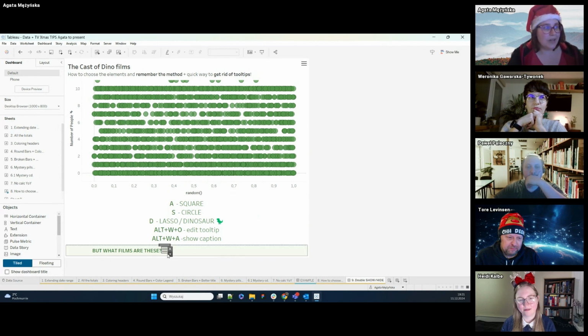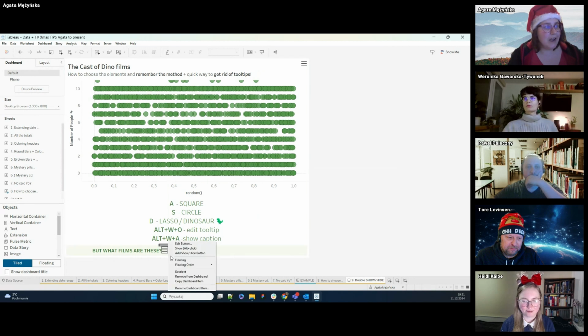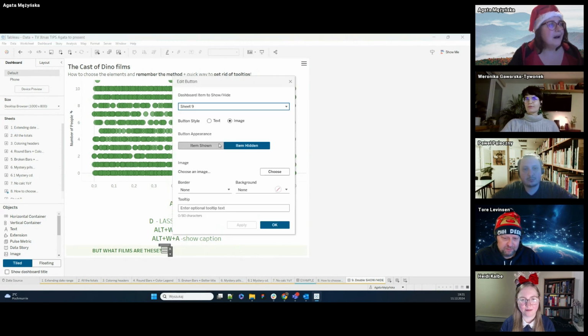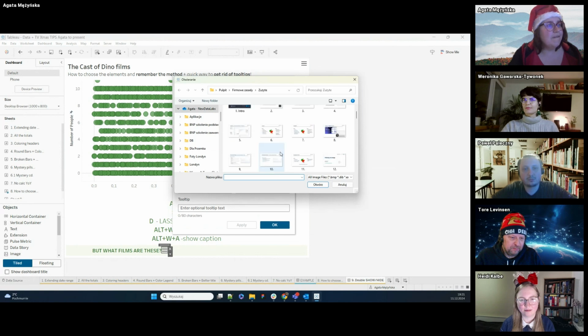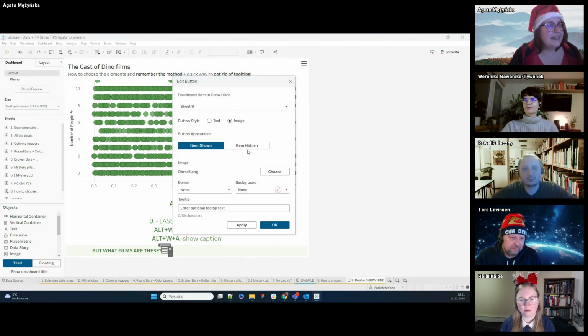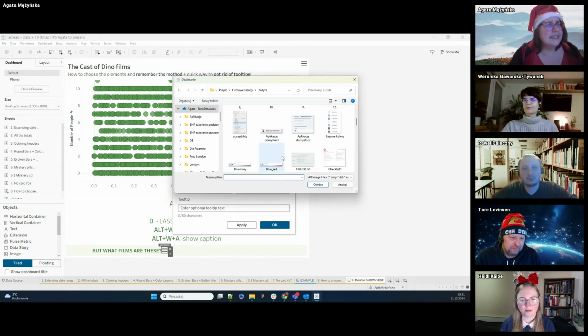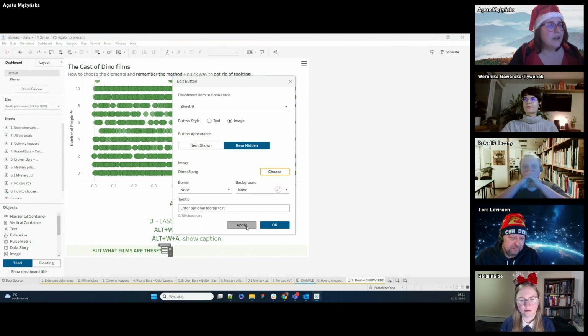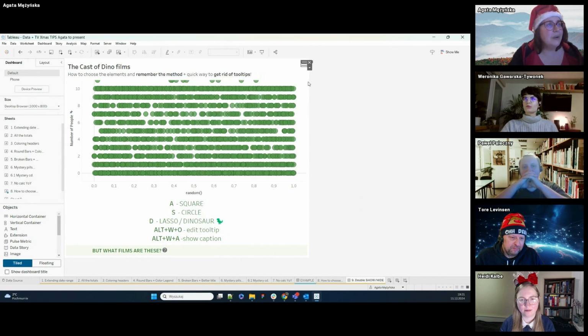So what I want to have, whenever I click here, I want to have a question mark. So I go to edit button. I go to my item shown. I want to have a question mark, which I should have somewhere here. When item hidden, actually the same would be great. So I put question mark here, apply, OK. And then I will go to